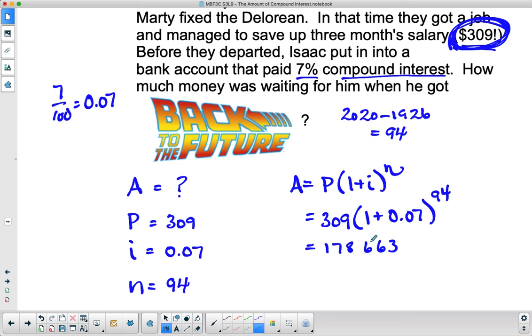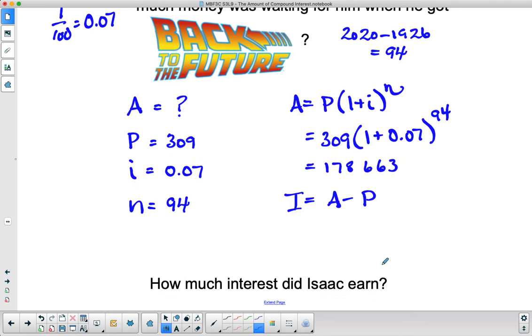Now, remember, they only put in $309 of their own money, so most of this is interest from the bank. If we want to figure out how much of that is interest from the bank, to figure out interest, you take the amount and subtract off what you put into it, which was the principal. So if we do that here,